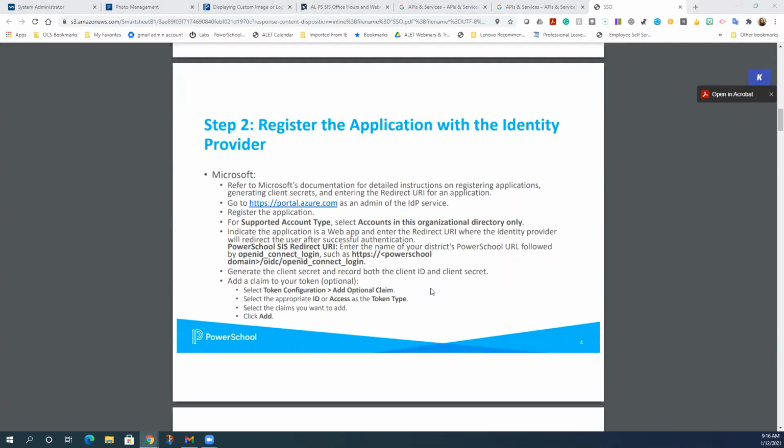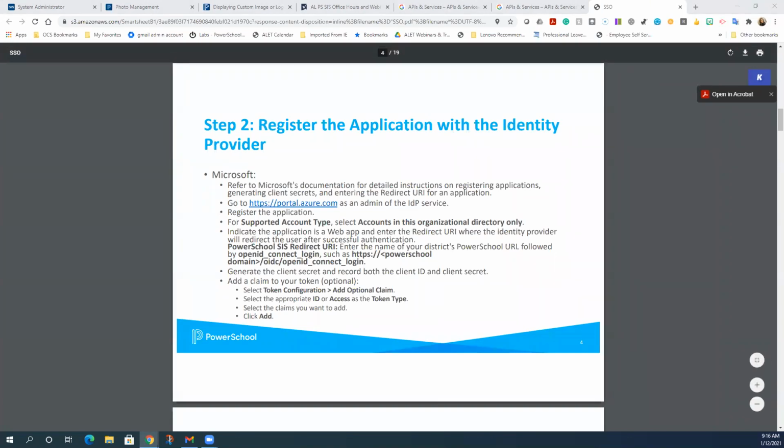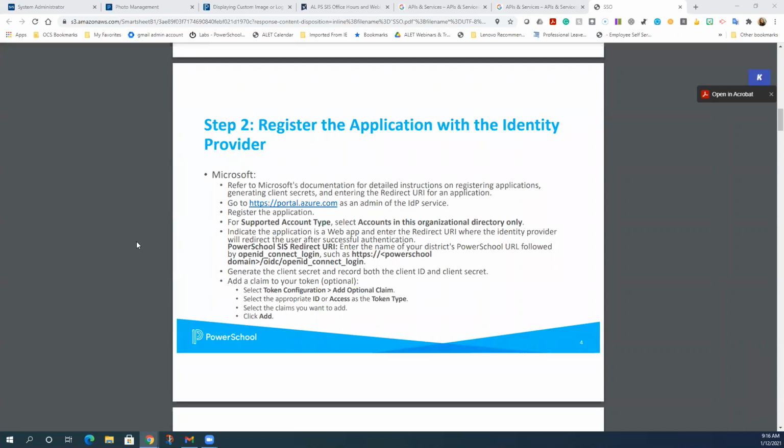Not really. The steps are pretty self-explanatory. So when you're in, for you Microsoft folks, if you are in the Azure portal, everything that you'll need to put back into PowerSchool is right there once you set up the app registration. Once you go through the app registration process, it sort of gives you all the keys to put right in there. So it's pretty straightforward. There's not a whole lot of extra stuff, but